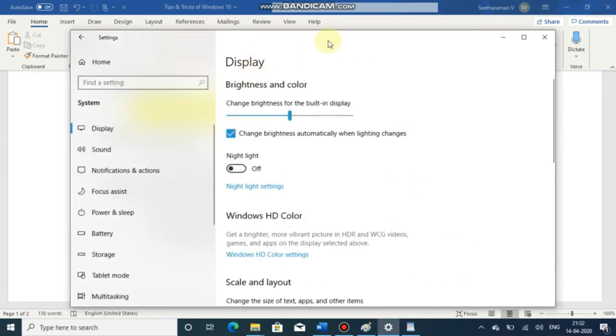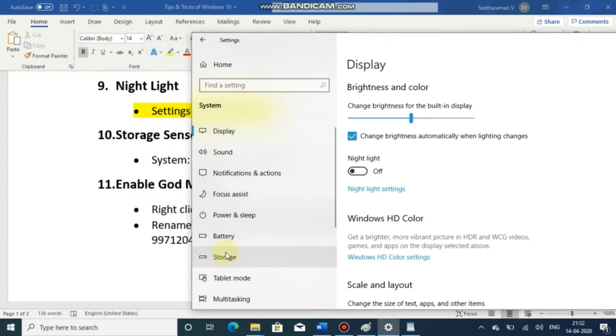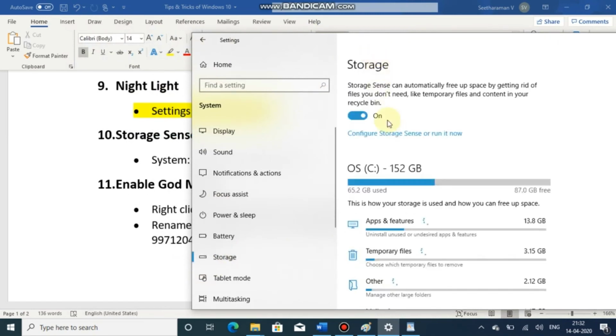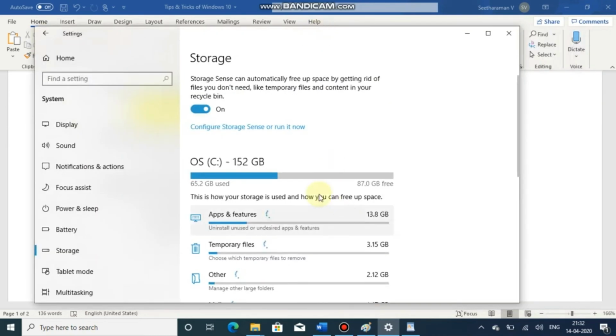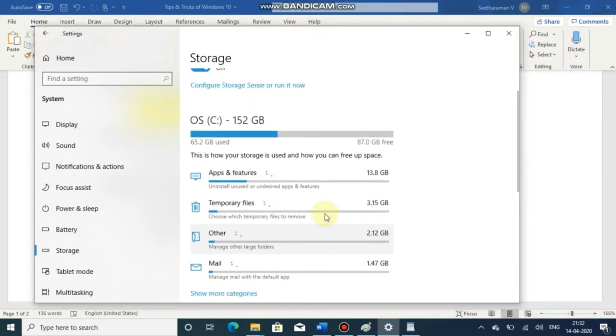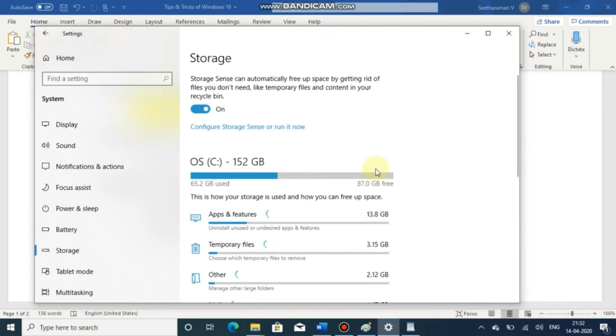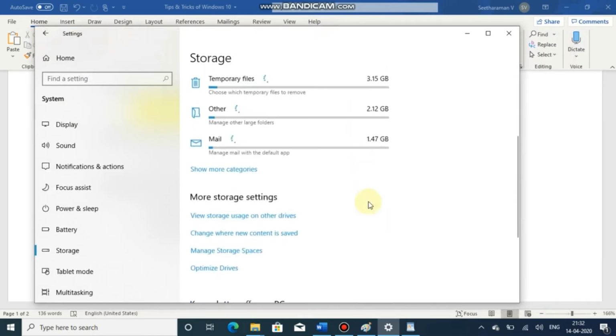By default it will be off. You can enable that. It will automatically detect temporary files and unwanted files, and remove them from all the drives.